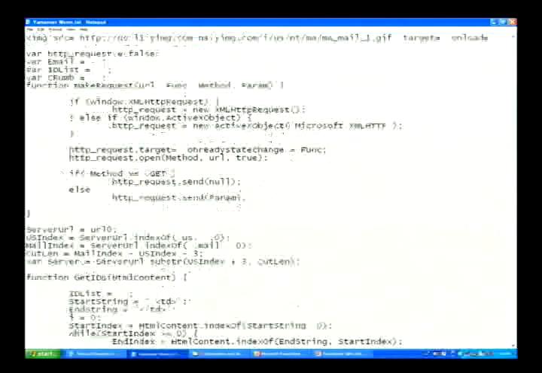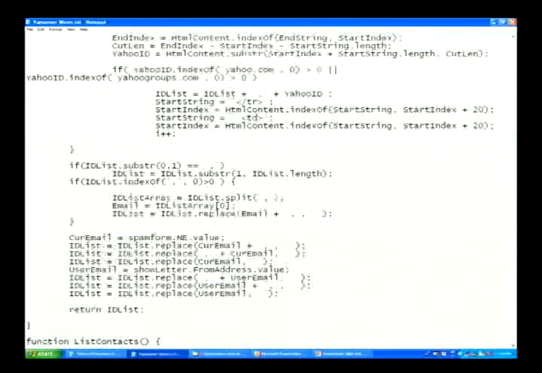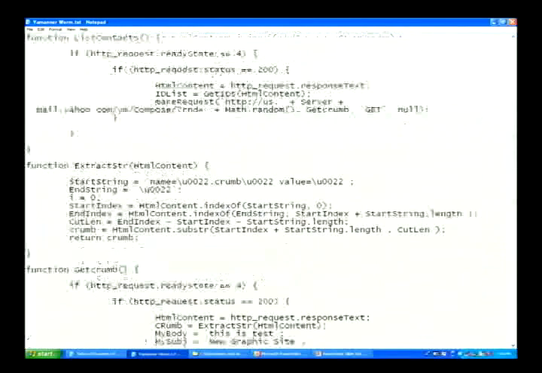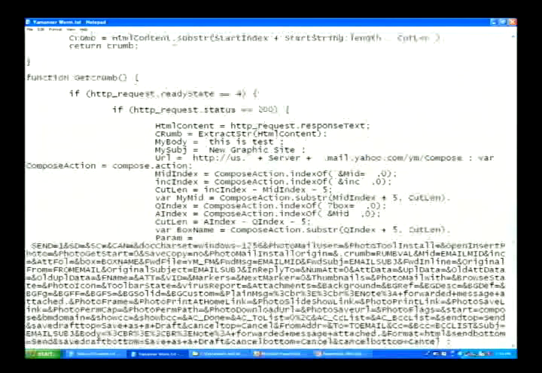which is right here, list contacts. So it then says, hey, if I got a response and it was a 200, go ahead and call the function getIDs, which has a regex to actually extract out all your email lists. And now all your email addresses in your address book are stored in ID list. It then says, hey, go make a request to get a crumb. This is very similar to Yahoo's or to MySpace's thing of saying, hey, I need to have a little token that's saying, are you sure you want to send an email to these folks? So it grabs that little token right here, get crumb, and then says, all right, I'm now going to compose